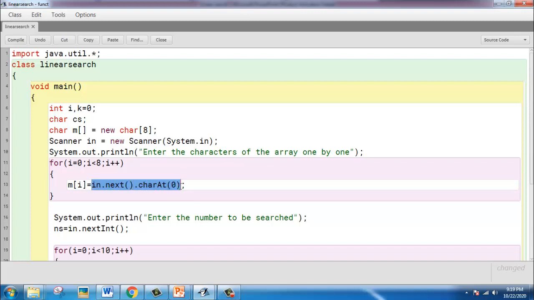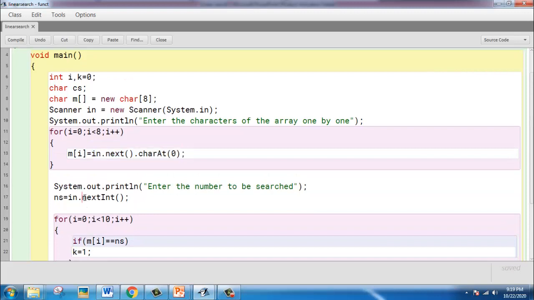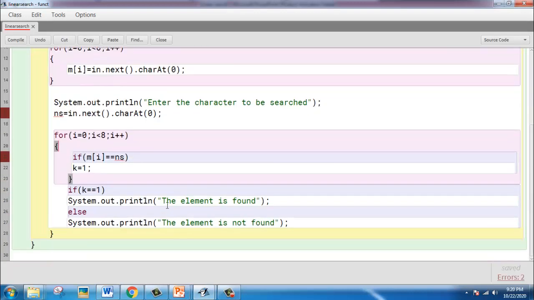I just copy this because the next one also will be the same input. Here it will be cs = in.next().charAt(0), and this also, enter the character to be searched. I'm just changing even the looping variable here. I'm making it 8. Okay, so the character is found,